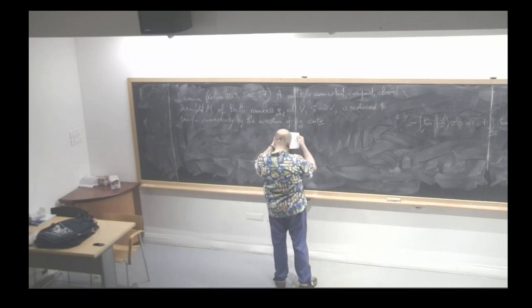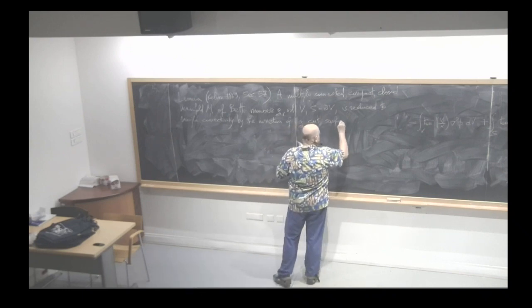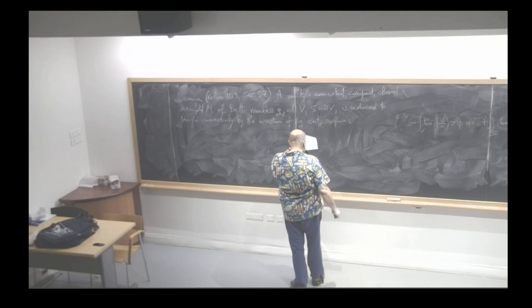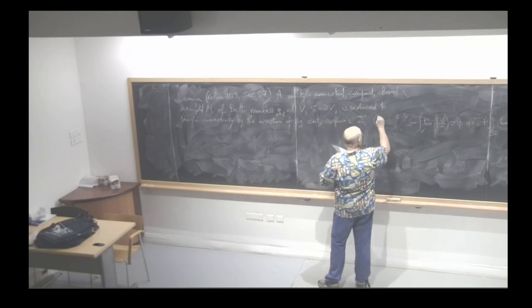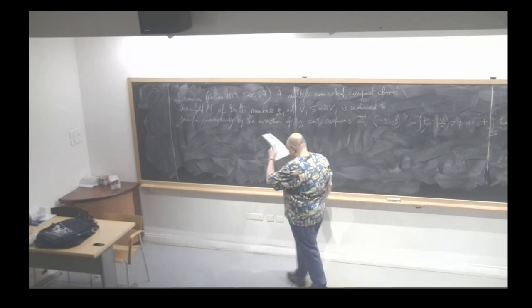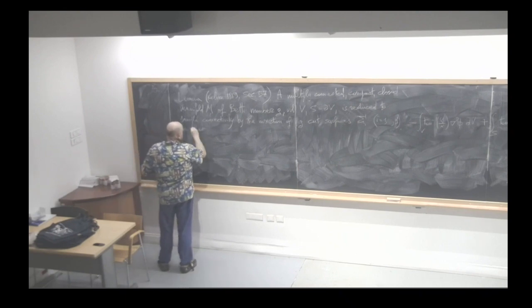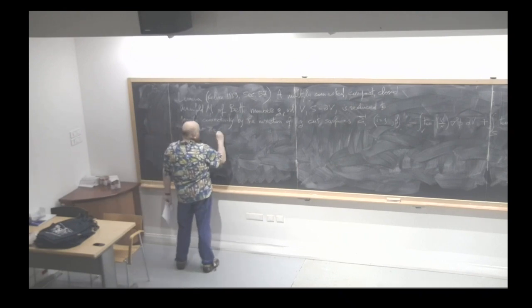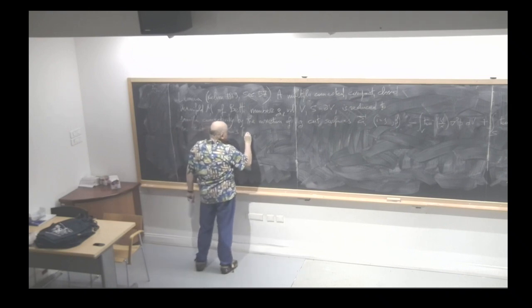Anyway, of G cuts, cut surfaces sigma I, where this I goes from 1 to G, the number of holes, so that the Green's first identity